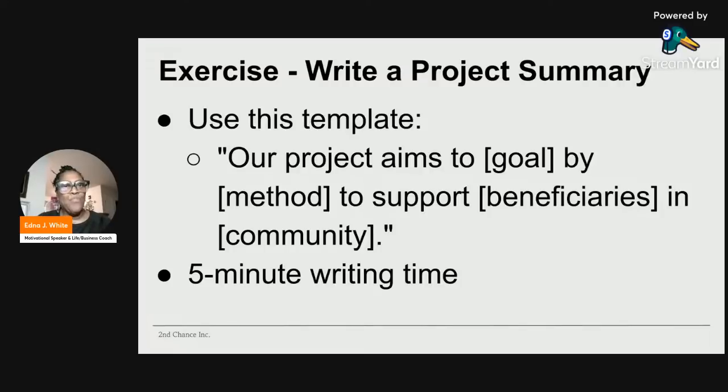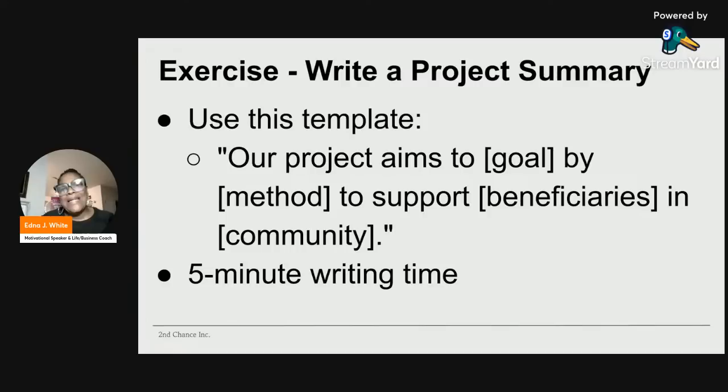Okay, I think I gave you more than 5 minutes. So now what I'm going to do, now that you have that written down, I want you to keep all this together because this is a lot of work that you're going to need. Okay, so now that we chatted about your project and what your project is going to do, you have to be prepared. You have to be prepared before you apply.